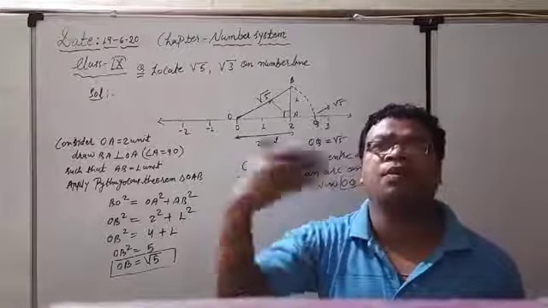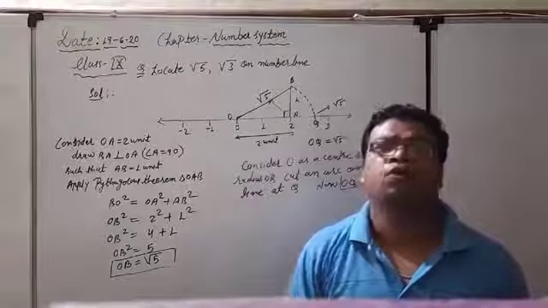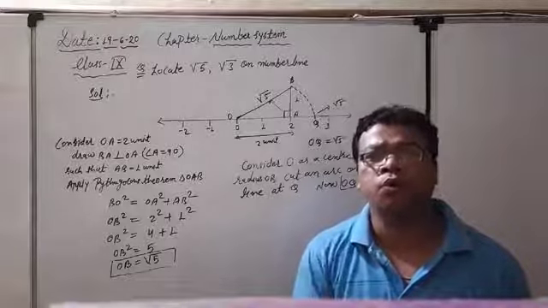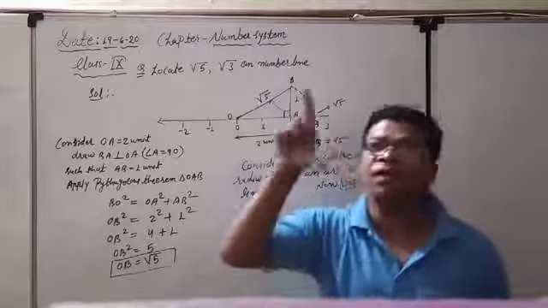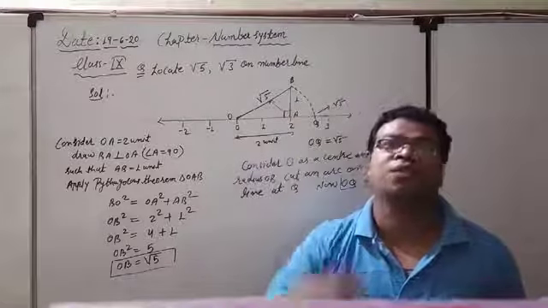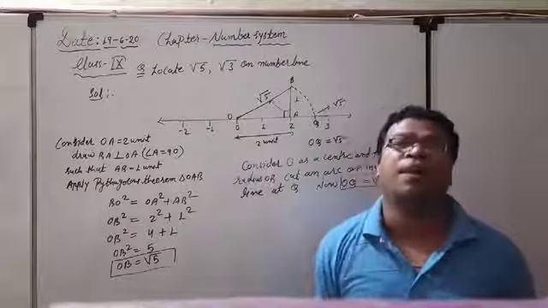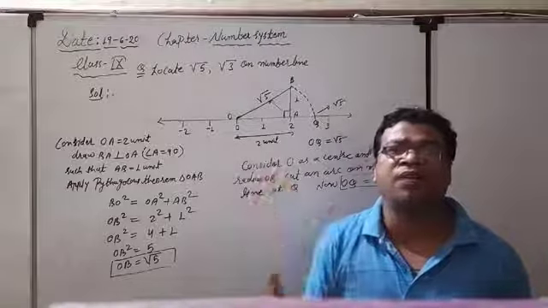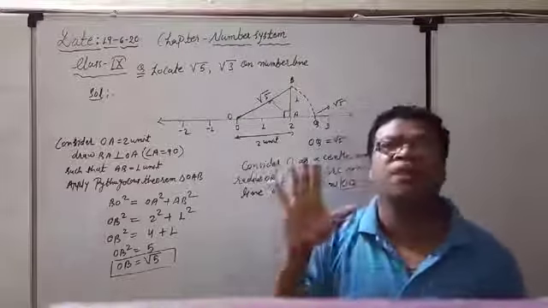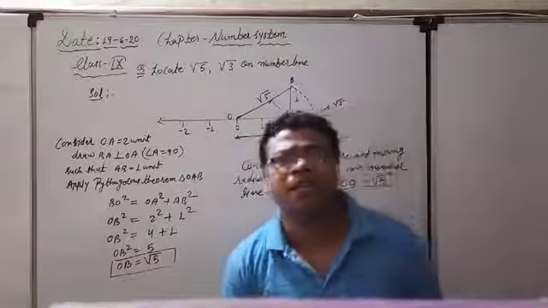5 is coming up after the perfect square 4. So what is the square root of 4? 2. So first we have to consider the 2 unit as a base, and after that one perpendicular we have to choose, that is equal to 1 unit, and after that we are applying the Pythagoras theorem. So under root 2 square plus 1 square, definitely it is equal to root 5 unit.